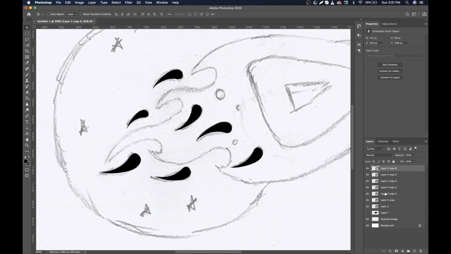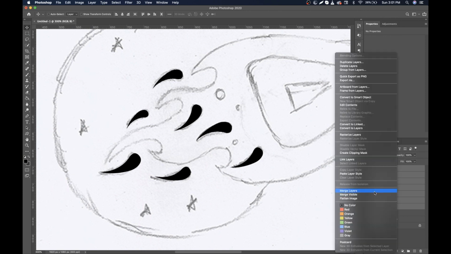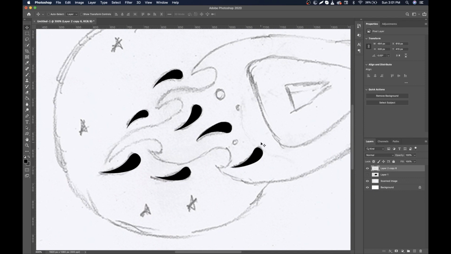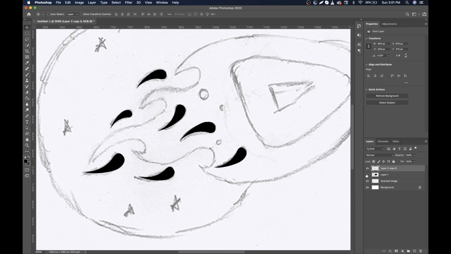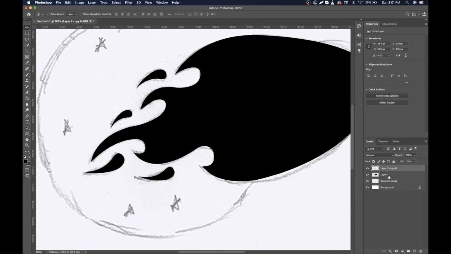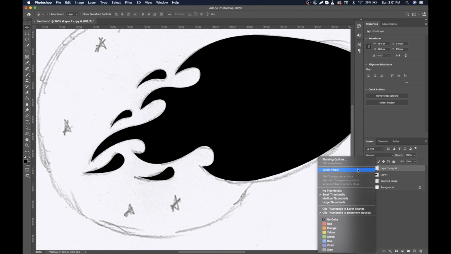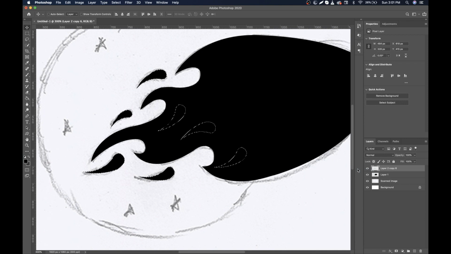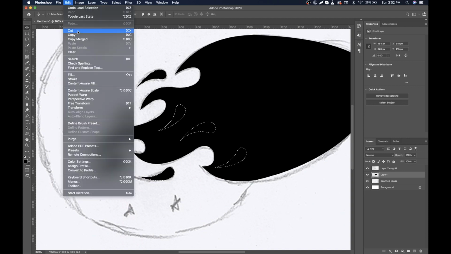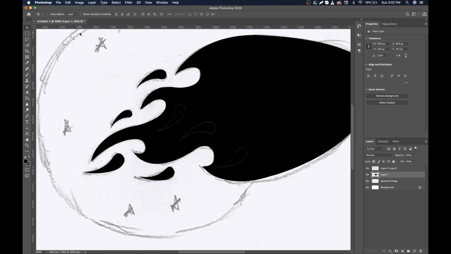Now select the top layer and hold the shift key and click on the last layer of this particular design which we have designed, and right click on it and click on merge visible. This way we have merged all the layers into one. Now right click on the layer box of the merged layer and choose select pixel. Now carefully select second layer, which is the big fire one, then go to edit and click on cut.